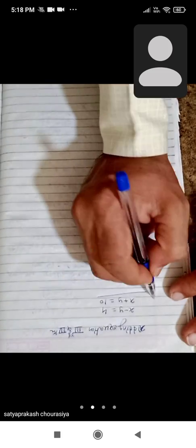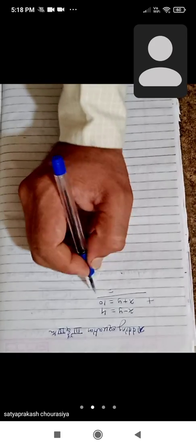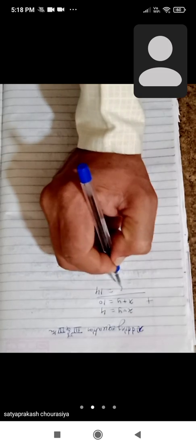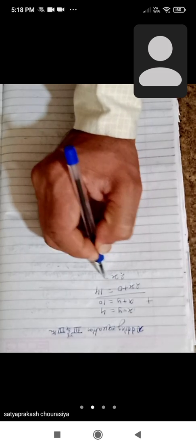Now, on addition the sign of any term will not change. So 10 plus 4, both numbers are positive, so 10 plus 4 is equal to 14, and minus y plus y will become 0, and 1x plus 1x will become 2x. So 2x is equal to 14. Now here 2 is present in product form with the x. So we have to bring this 2 to the right hand side, so this will go in the denominator. 2 ones are 2, 2 sevens are 14. So x is equal to 7.